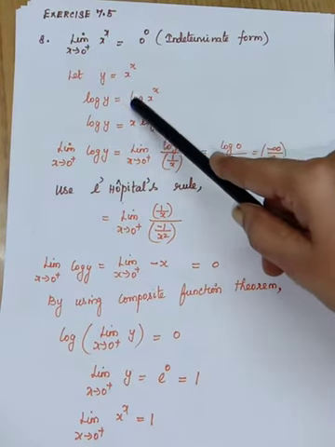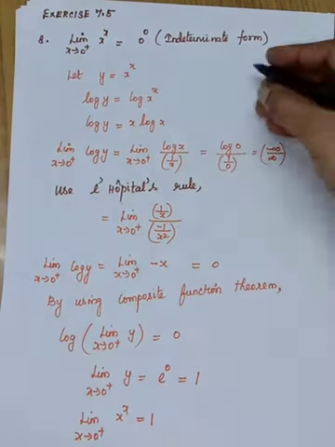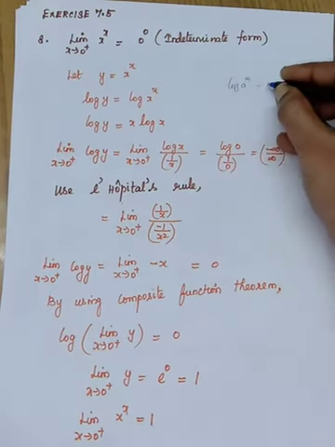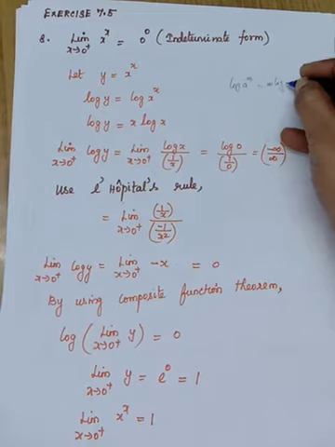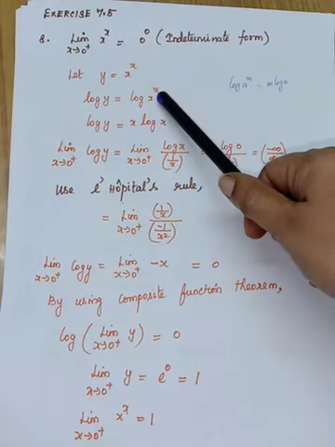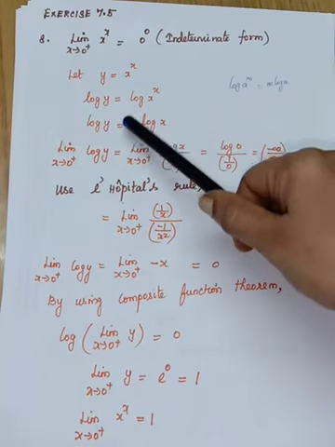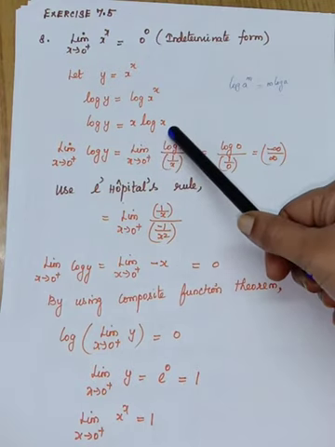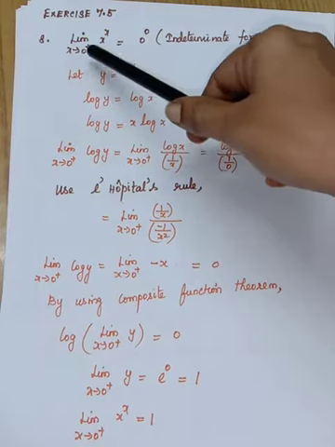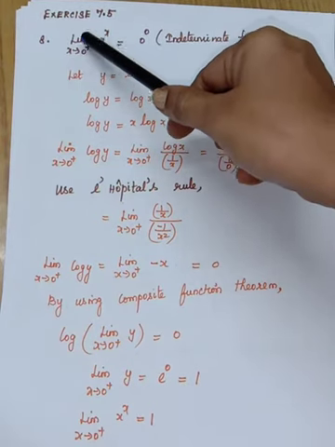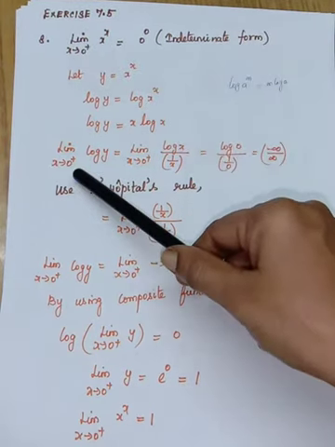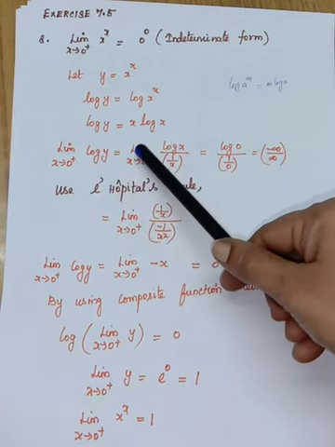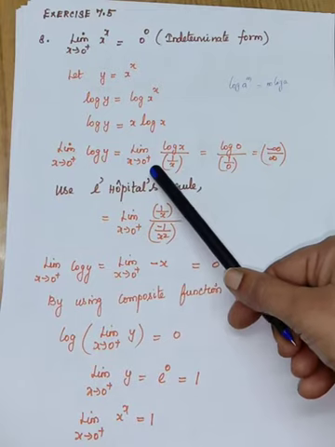In the logarithmic formula, log a power m is equal to m log a. So the power x will come to the front, so it will become x log x, and you are going to apply the limit on both the sides. So limit x tends to 0 plus log y is equal to limit x tends to 0 plus